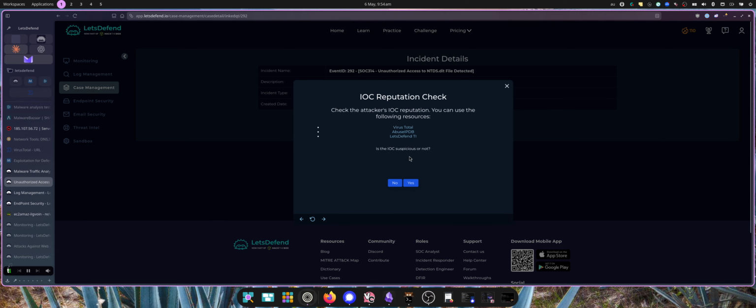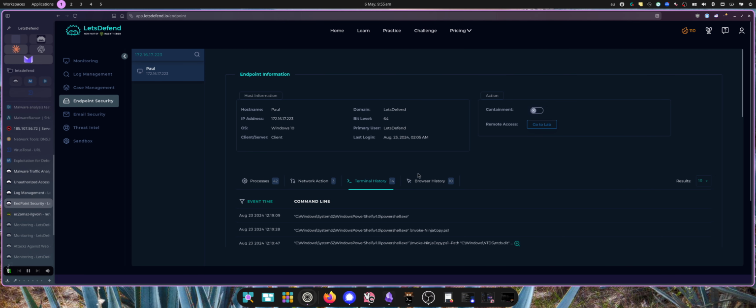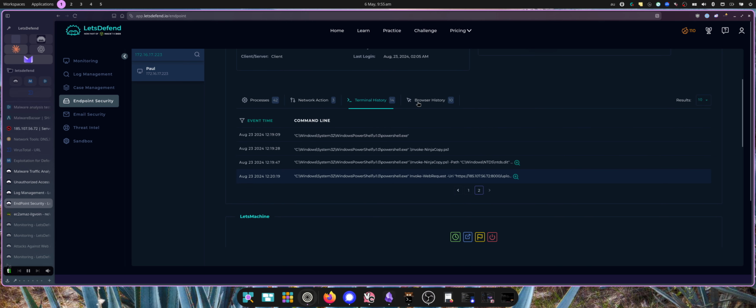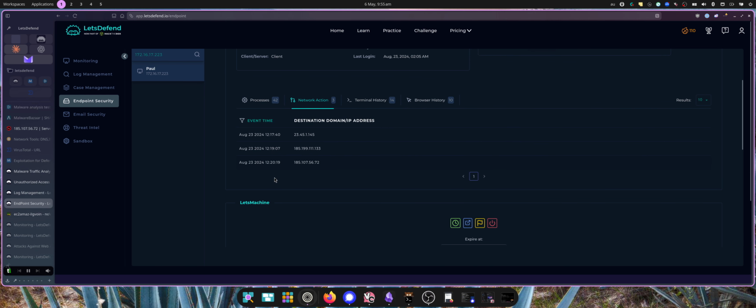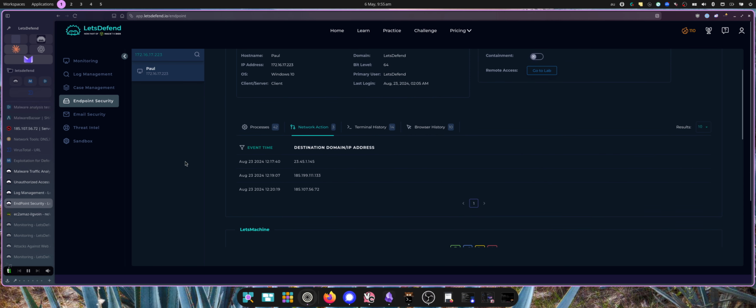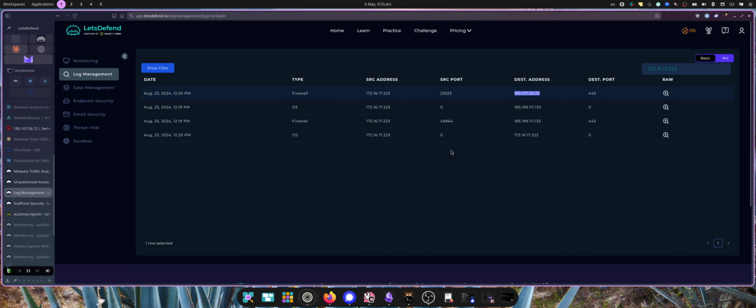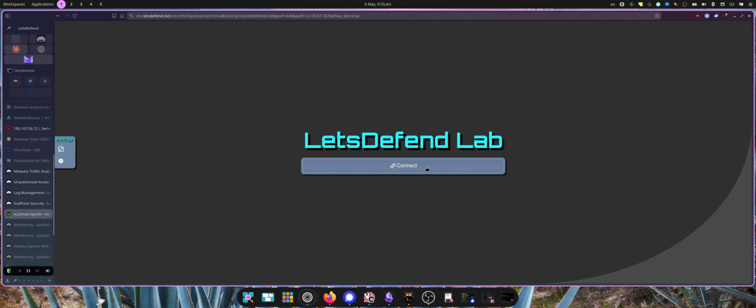So we do have IOCs. We have checked the reputation. But the one thing that we haven't checked is, how are they logged in here? So we've got no log in the network logs of a remote logon or anything like that. So if we jump onto the endpoint,